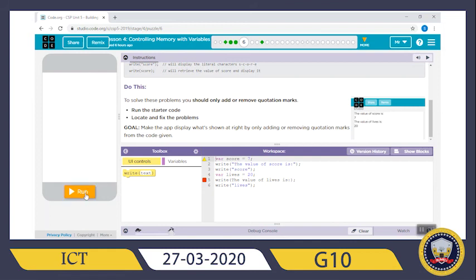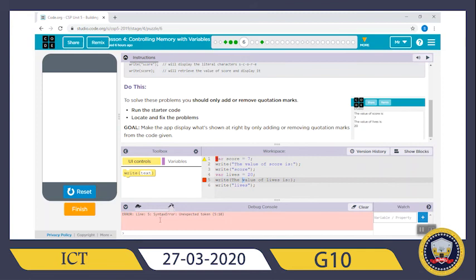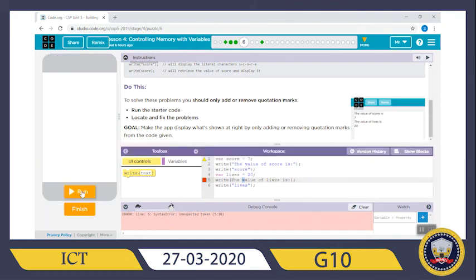Let's run the message. Okay, syntax error, unexpected. Syntax error, that is a typographical error. We typed something incorrectly. Okay, so now let's debug this. You click reset, you clear your debug console. Okay,